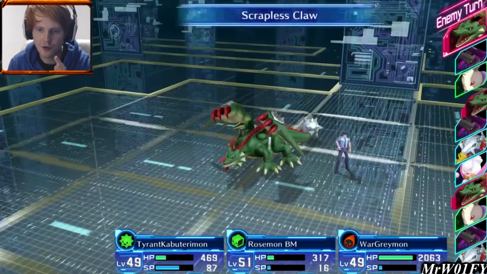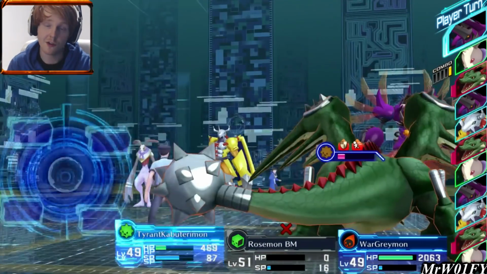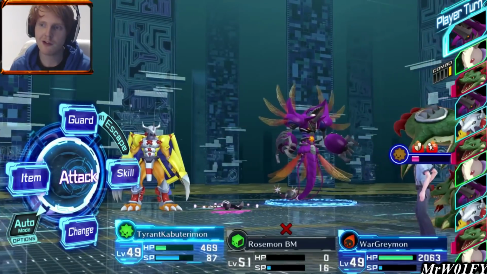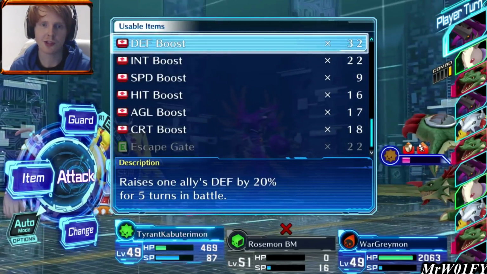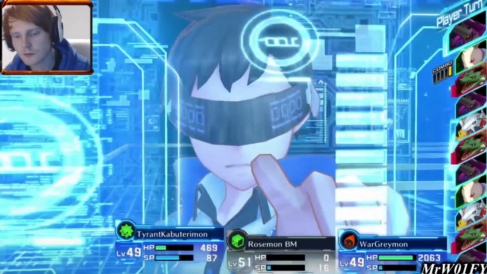Let's see if he goes for Rosemon in the middle. In fact, if he goes for Tyrant either, yeah, he does. Of course he does. Why wouldn't he? Alright, now, unfortunately, Rosemon does have revive, so out of everyone that's went down here, she is the one I didn't want to lose. But at the same time, we're going to pull her back in anyway, just to get some XP. And make sure that she...